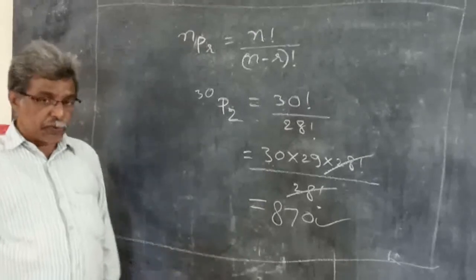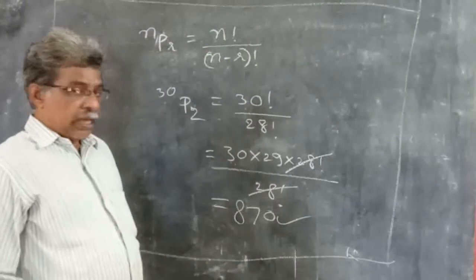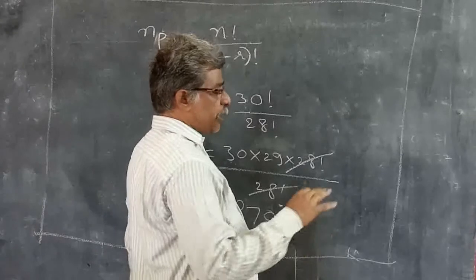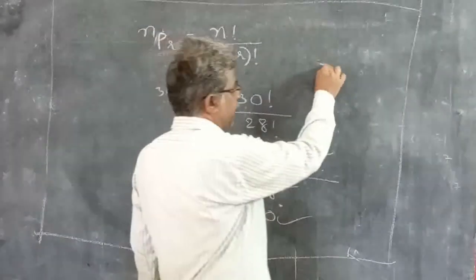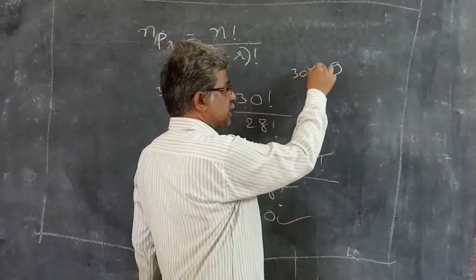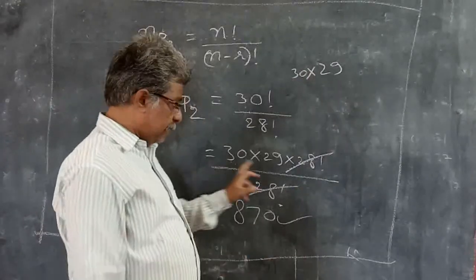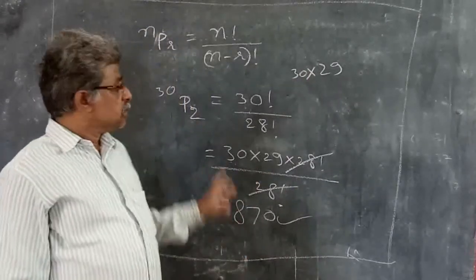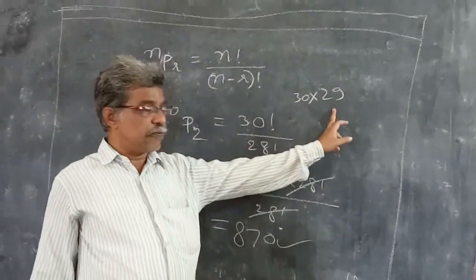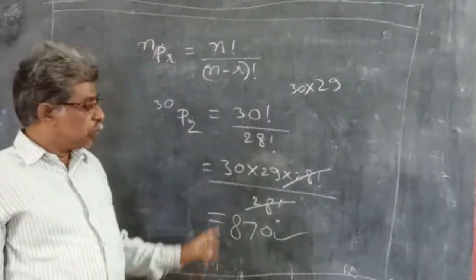The same can be done without permutations and combinations, using the counting principle. See, there are 30 people. If you are one of the persons in your class, how many people will you give cards to? You will give cards to the remaining 29 people. Like that the second person also, the third person also, for all 30 persons. So according to the counting principle, m into n, it is 30 into 29, the same answer, 870. So permutation is nothing but using the fundamental principle of counting. Both are the same.